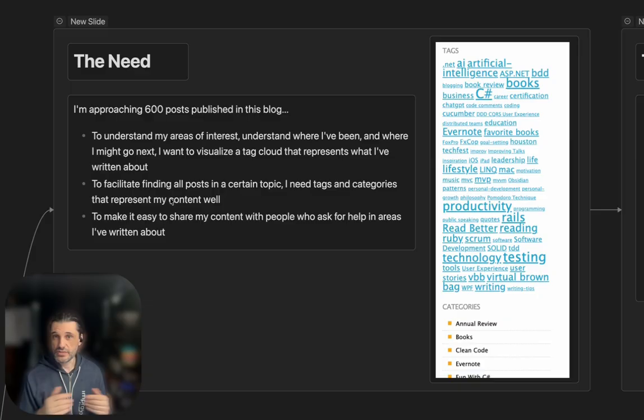Because over the years, from the technical side, I've gone from working with FoxPro to C Sharp, .NET to Ruby on Rails, and then back to C Sharp. I've gone from using Evernote to Obsidian. And so all of these jumps from one thing to another, they started appearing on this tag cloud. And I also want to make it easy to share my content with people who ask for help in